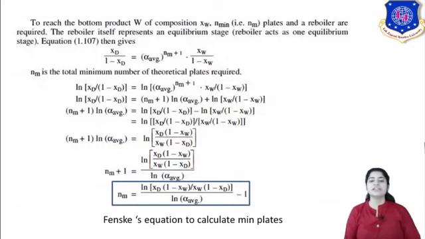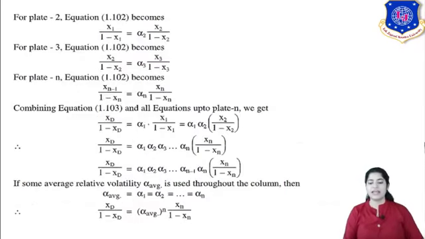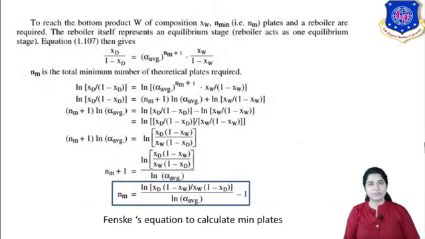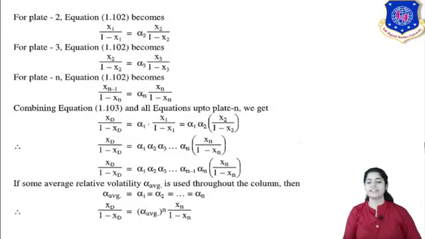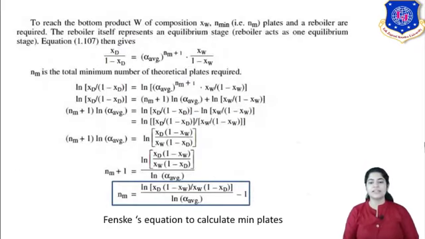So instead of n you are substituting it as nm plus 1. Here n is equal to the minimum number of plates plus 1. So xt is your top condition, and at the bottom it is xw. Instead of xn upon 1 minus xn, you are now representing it in the form of residue composition, because we are calculating the number of plates from top to bottom. Your top condition has been taken out, and now xw upon 1 minus xw is done. Then you are taking the reboiler as a stage itself. So this is the final equation which you got.